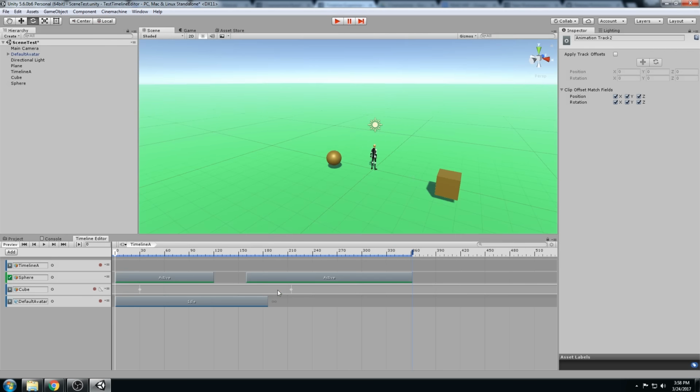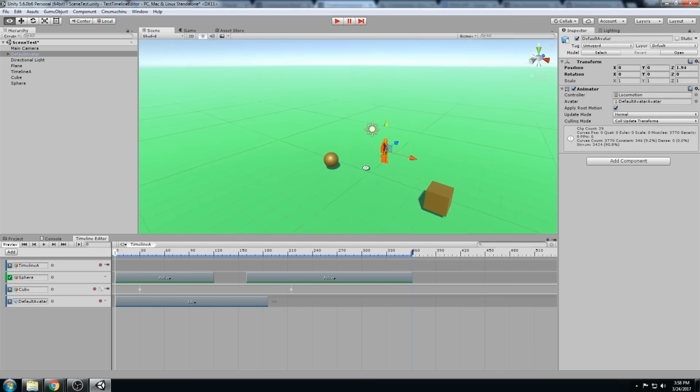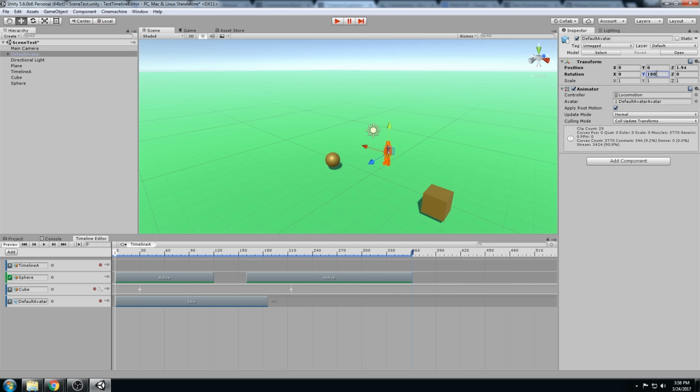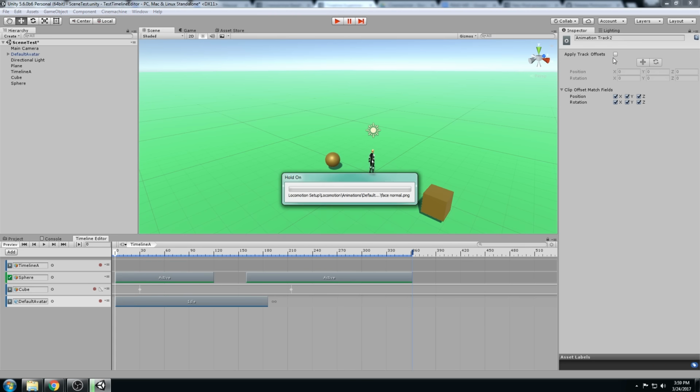Now you're going to see he went right to 0, 0, 0. Now there's two ways to fix that. First of all, let's say we want to have him over here, and we want him to be 180 degrees. So he's at Z2 and a rotation of 180. When I hit play, he's going to go to 0, 0, 0, because that's where the idle animation happens, and almost all animations should be happening at 0, 0, 0 in the animation file. So to fix that, you can click on this, and we can give him a track offset